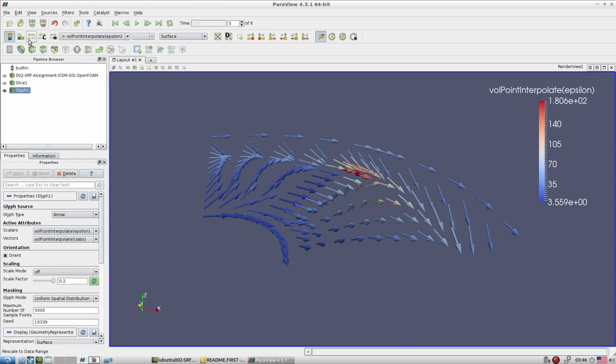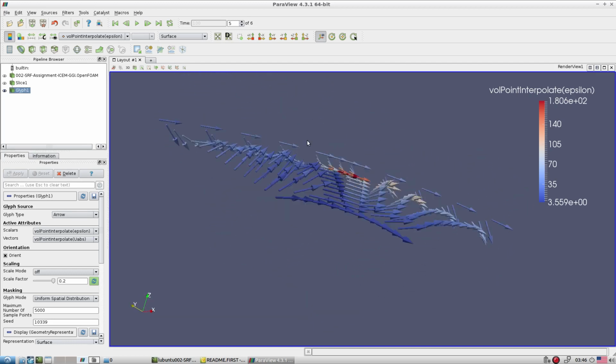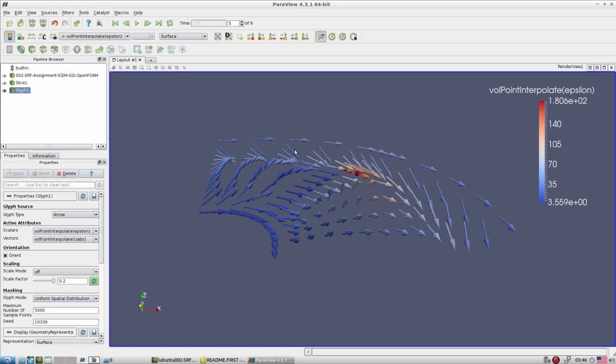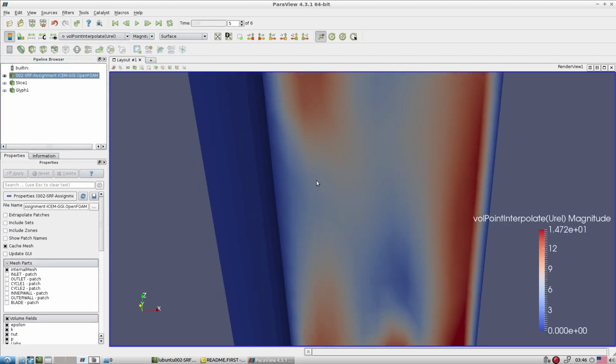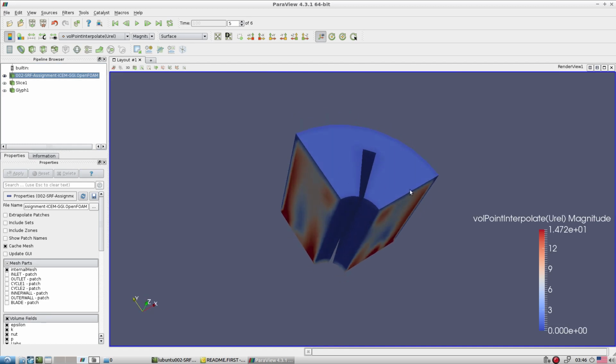So that is what exactly we created, the cyclic and GGI interface. But please remember, even without the GGI cyclic or cyclic GGI, you are able to run the case, because if you look at our geometry, this and this, if we rotate, they will overlap each other.